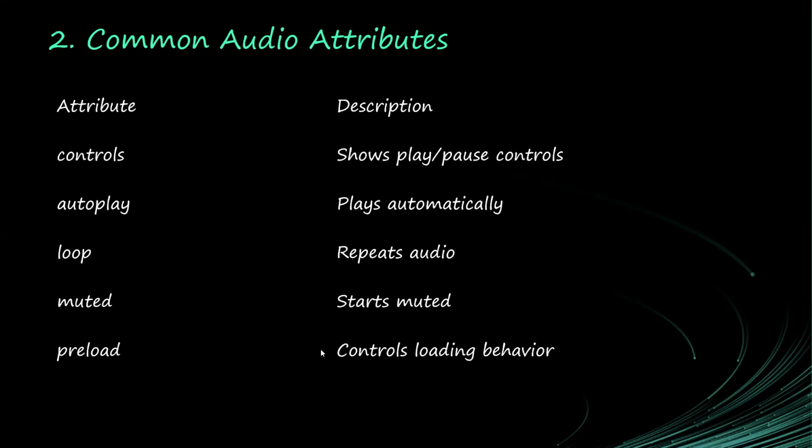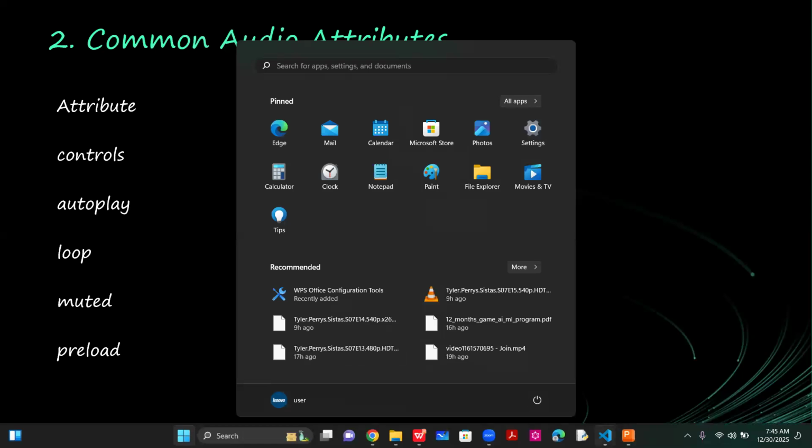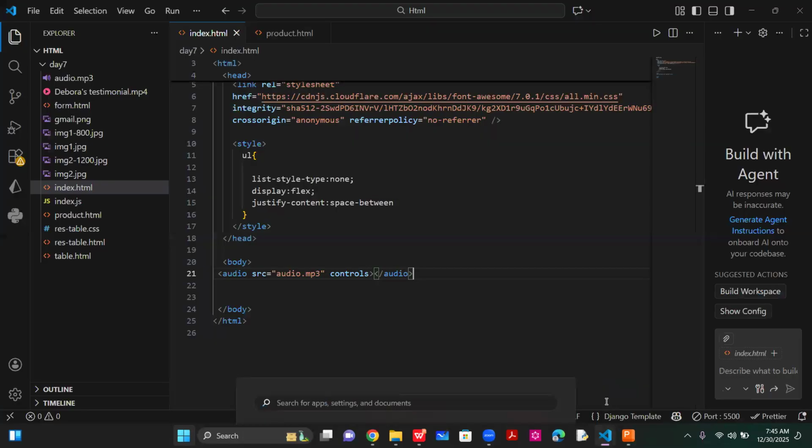So now let's take a look at some of the attributes. The controls attribute shows the play and pause controls. So if I remove it, it will not show all those controls, the play, the volume, and all those things. If you also want it to automatically play as soon as you load the page, you will add